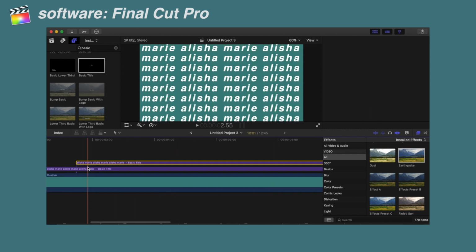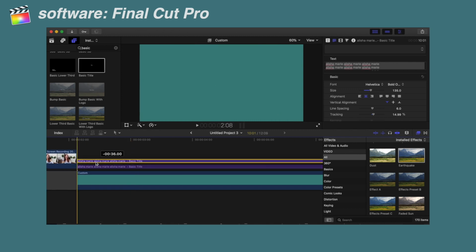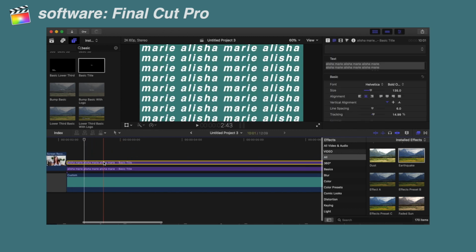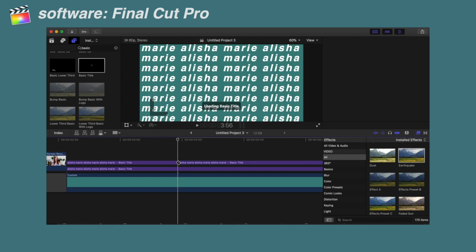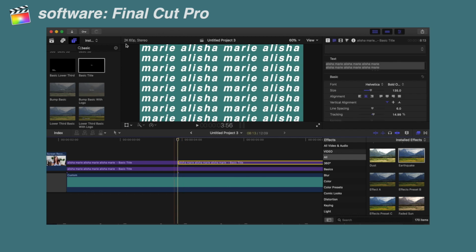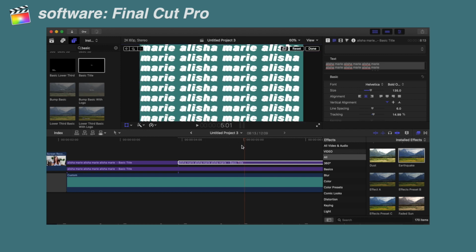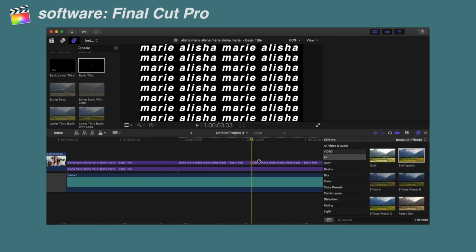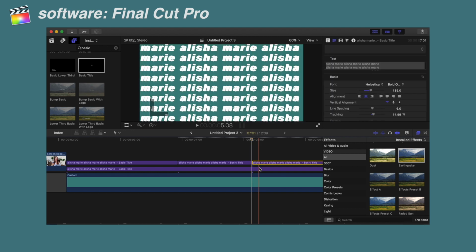After you let it play for about 4 seconds, this is when I usually have it start moving. So I'll click on the text, I will go to the transform option and click on the keyframe option, which is in the top left corner of the screen where the video plays. I click on that, I hit my cursor and let it play for like a split second, and then I move the text slightly to the left. I repeat this about 3 times, I think, moving it in slightly different directions just so that it looks sort of glitchy. And then I just click done, and I'm done with that transition for